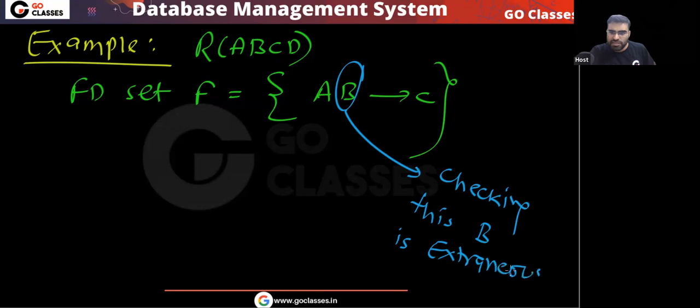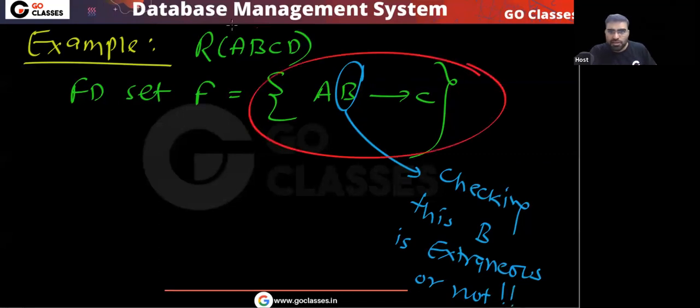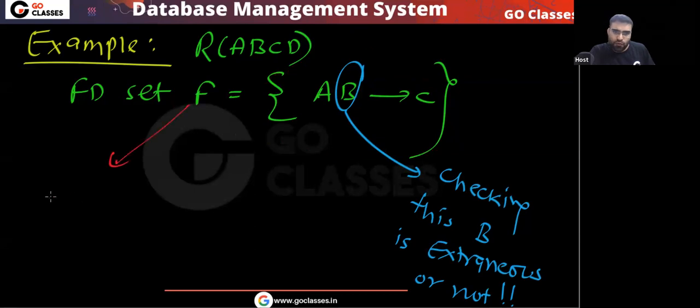We are checking whether this B is extraneous or not. This is what we are checking, right? Yes or no? So if you are checking whether this B is extraneous or not, then in this F you find what is